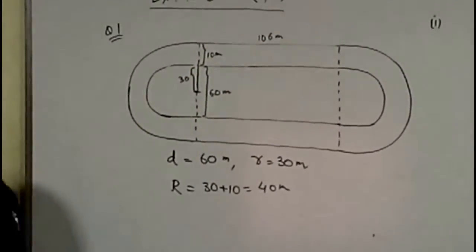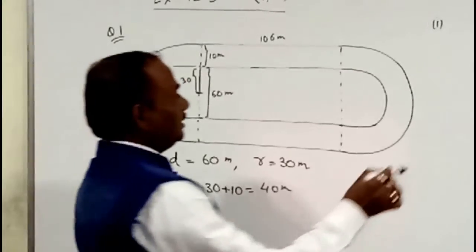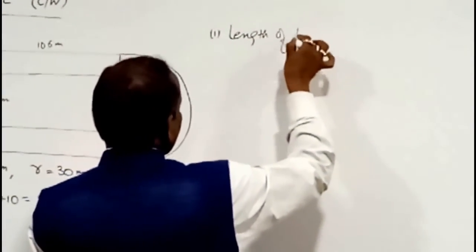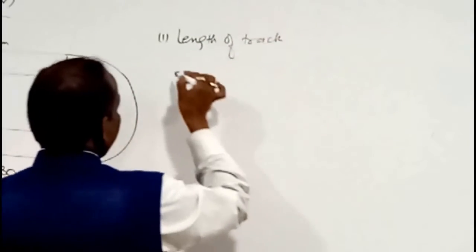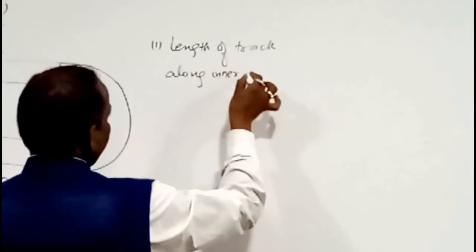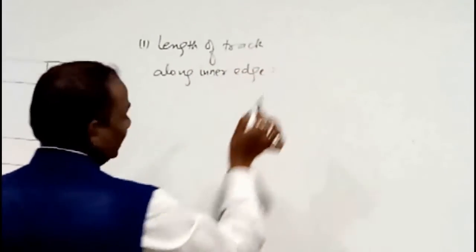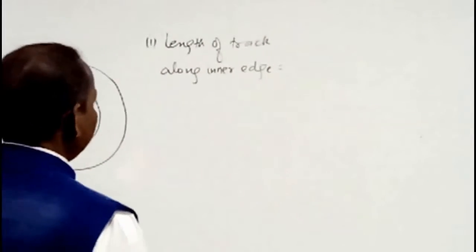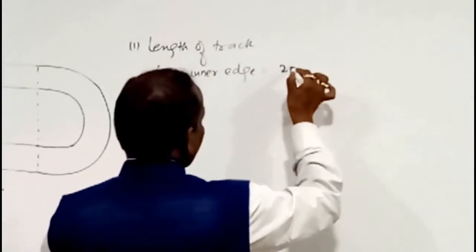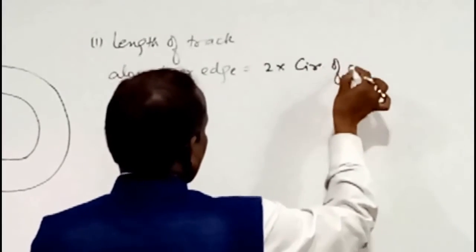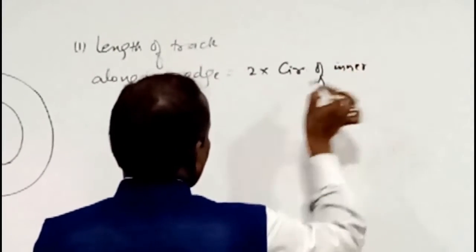ये निकाल लिया गया है क्योंकि सेकेंड पार्ट में इसकी जरूरत अपने को पड़ेगी. अब अगर length of track along the inner edge निकालना पड़े तो हम यहां पर इसको ऐसे कर सकते हैं, 2 into circumference of inner semicircle,